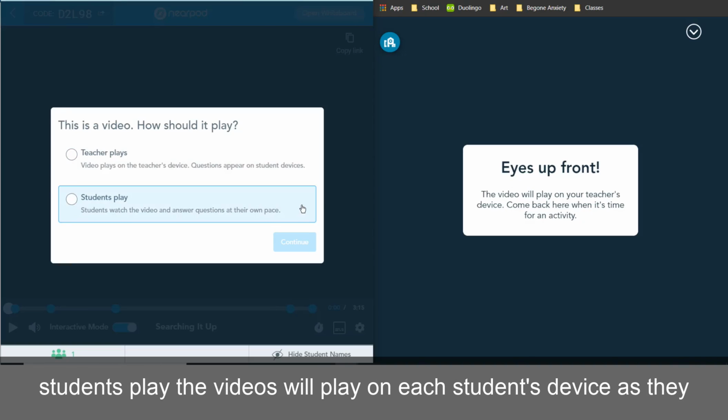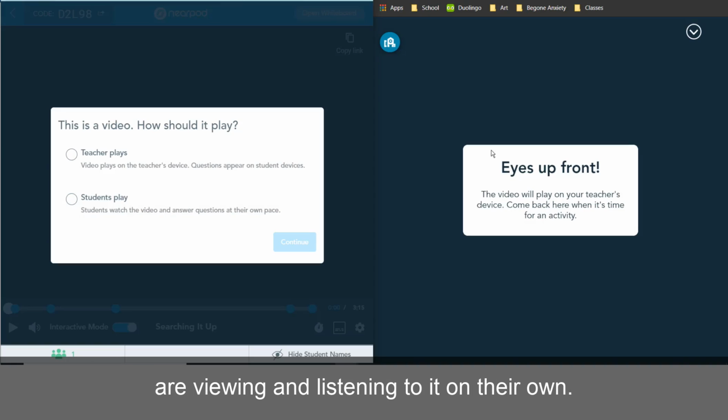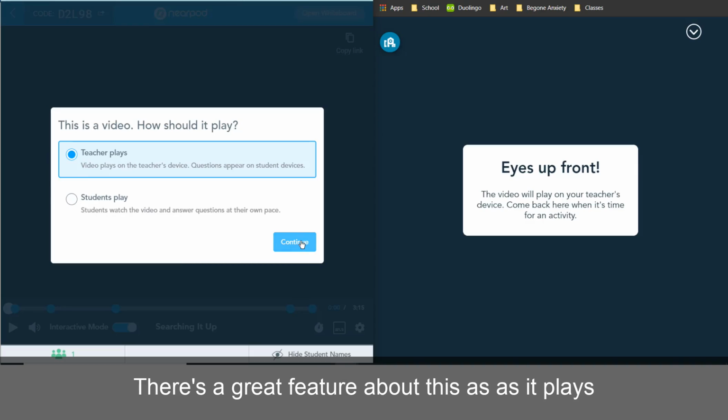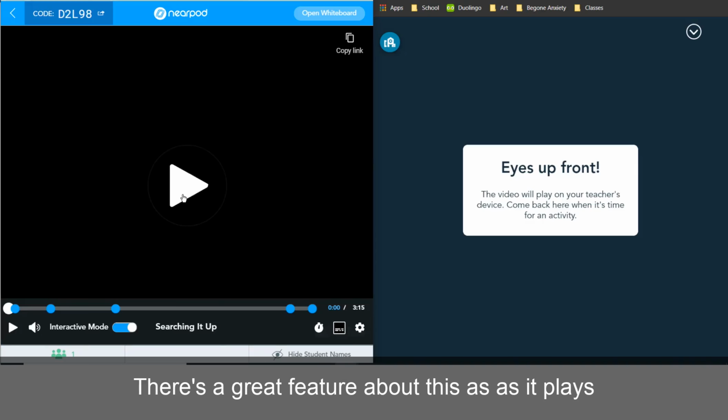Students Play, the videos will play on each student's device as they are viewing and listening to it on their own. I'm going to choose the Teacher Plays option and click Continue so we can see what this looks like. Because a great feature about this is as it plays,